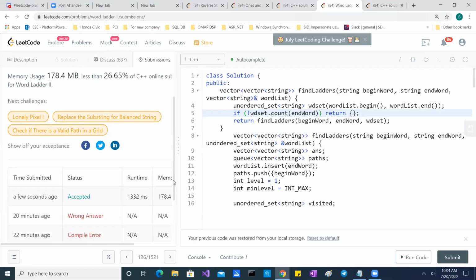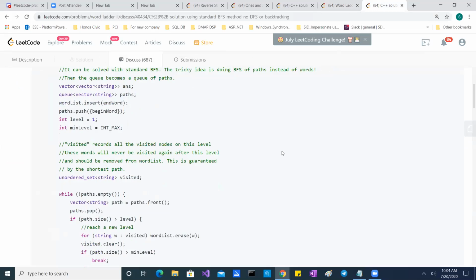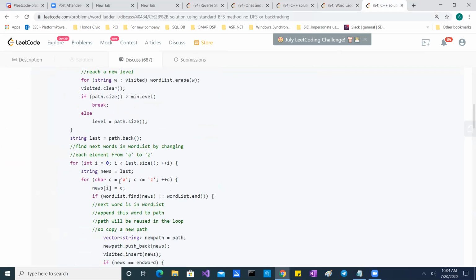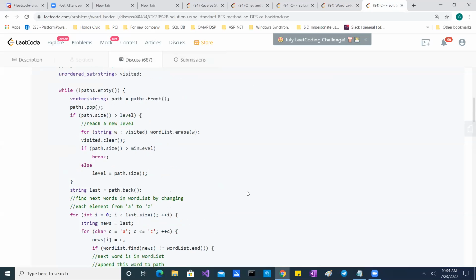So at least it is working. That is true. And he is also using the A to Z variation, the way Ronnie is using. So why can we not use the previous problem like 126, where we just returned the shortest path count size? 127 is the same problem where we don't return the path, we just return the size of the path, right? And that is solved.